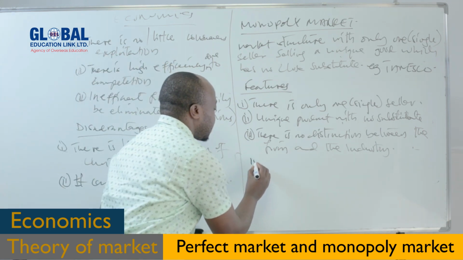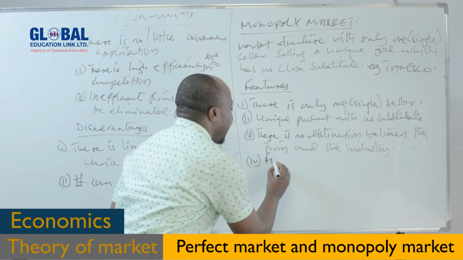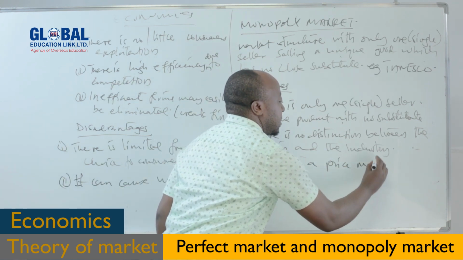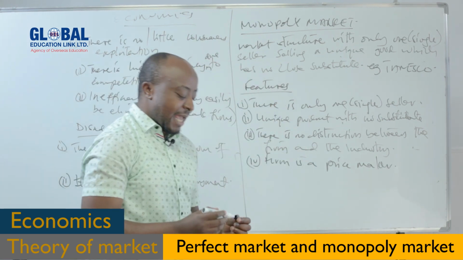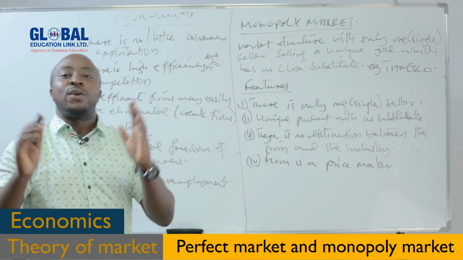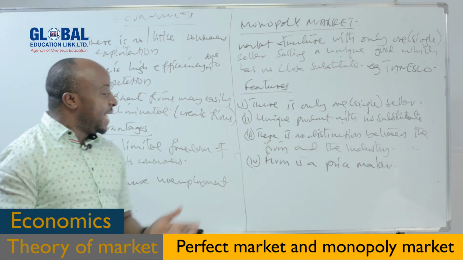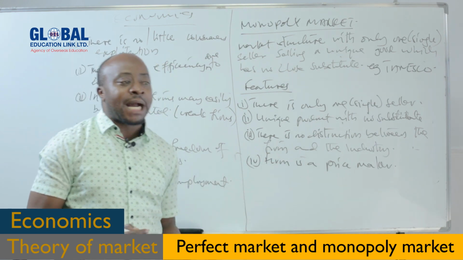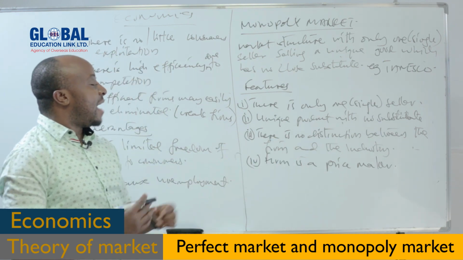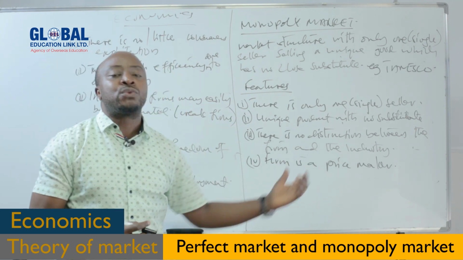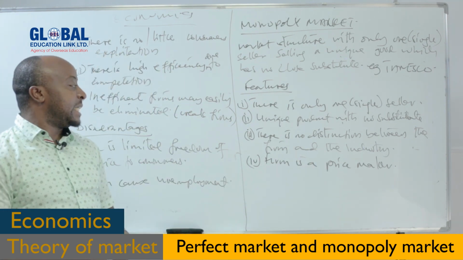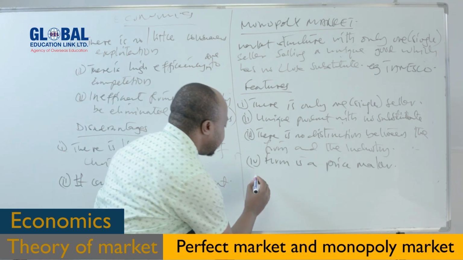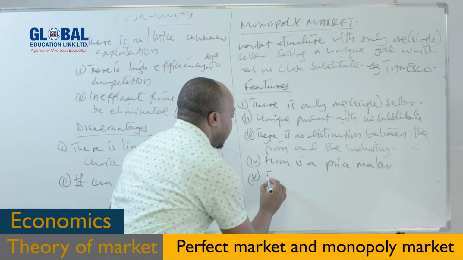The other one, I would say a firm is a price maker. Price maker. It means a firm has power to influence market price. It has the ability to influence market price. That is for the firm. So in this market, the firm is a price maker. It means the firm has power, has ability to influence market price or to charge market price depending on the production the way it is. So for that case, this is one of the conditions of this market. Then another one, the firm